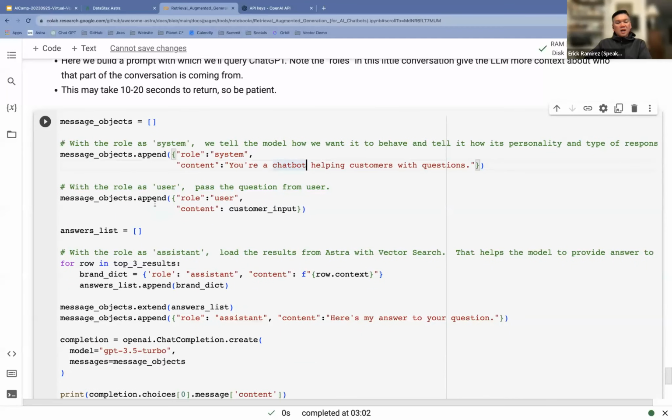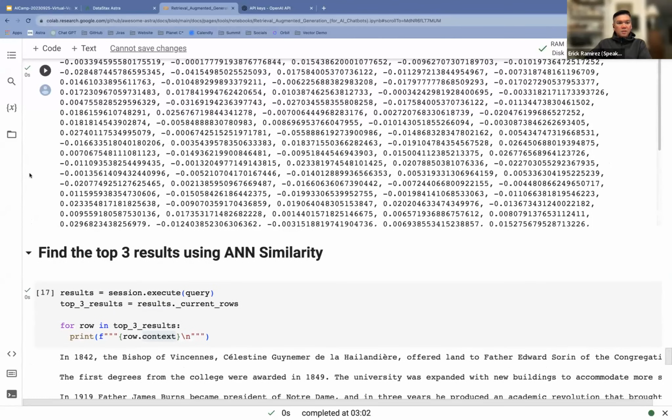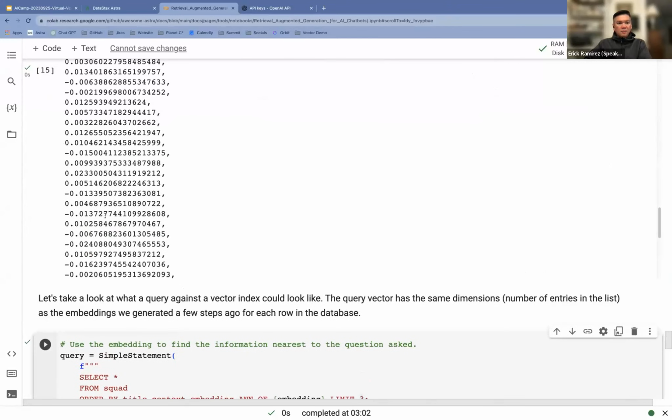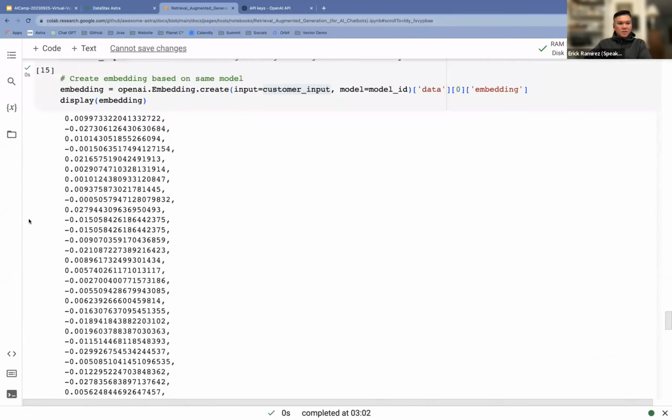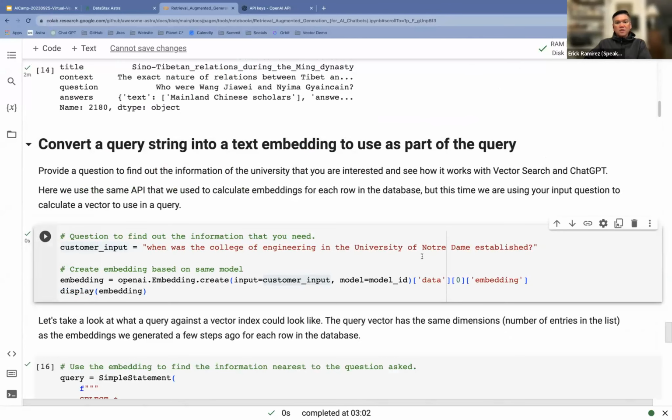And then another object in the array is that we're going to create a user. This is the one that has the customer input, which is the question. If I go back up the top here, the question is, when was the College of Engineering in the University of Notre Dame established?